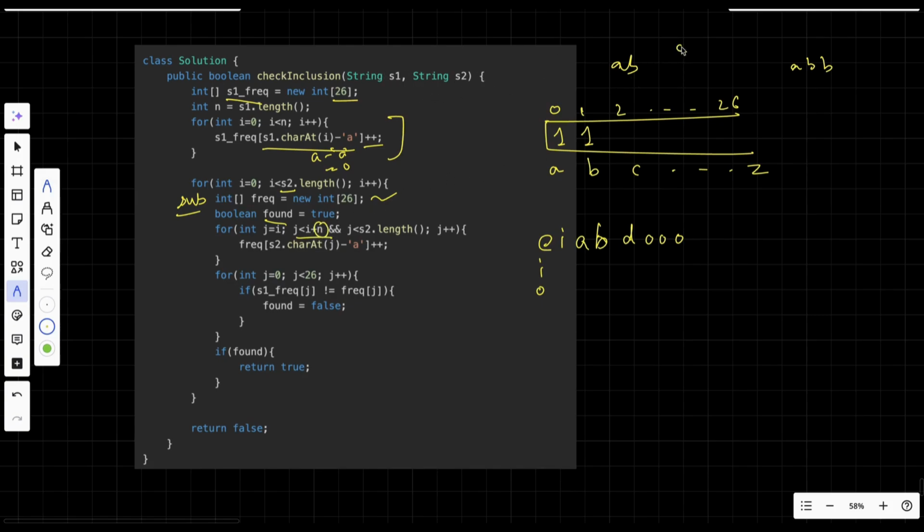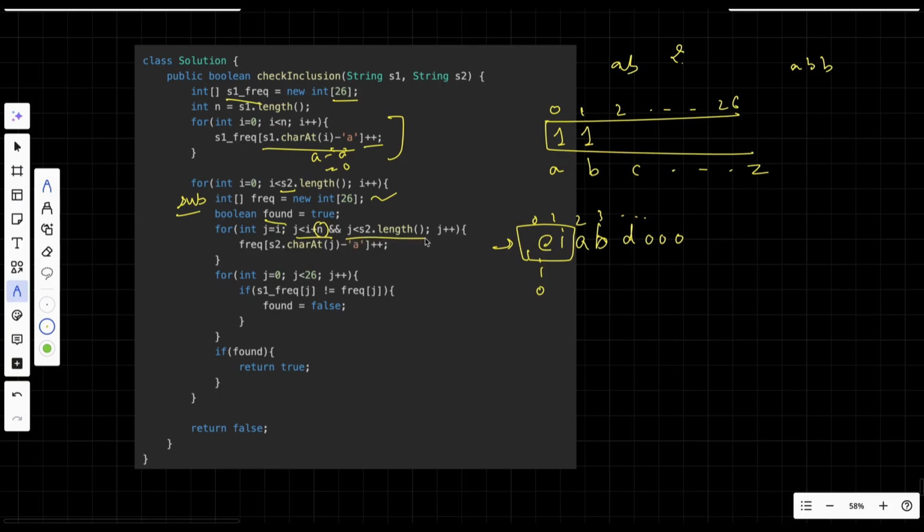So here the length is 2, so I plus n will be 2, so it's 0, 1, 2, 3 and so on. So less than 2. That is, we are checking for the same number of characters in S2 as are present in S1, so that we can check the frequency, that is, the substring length should be the same,